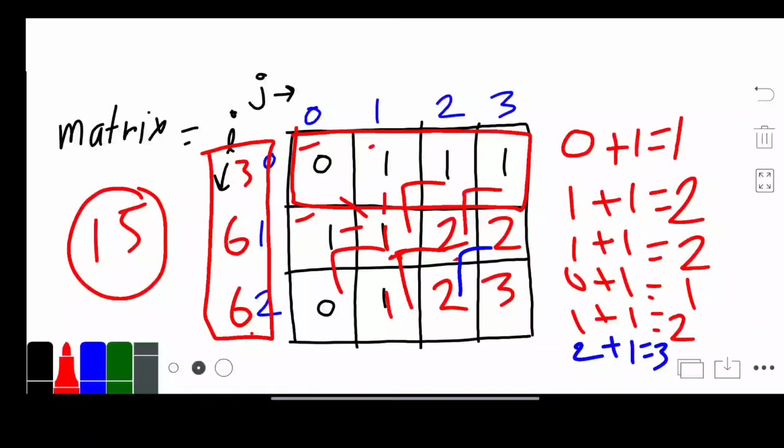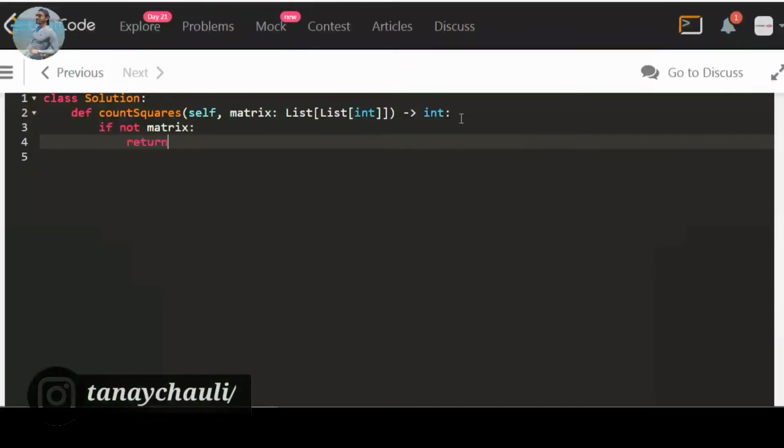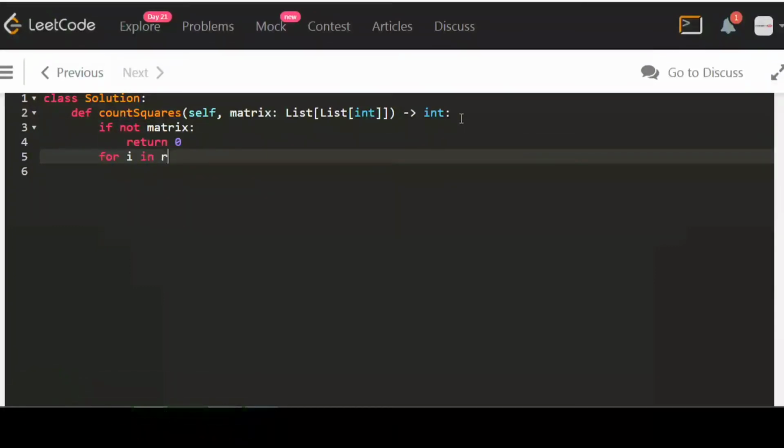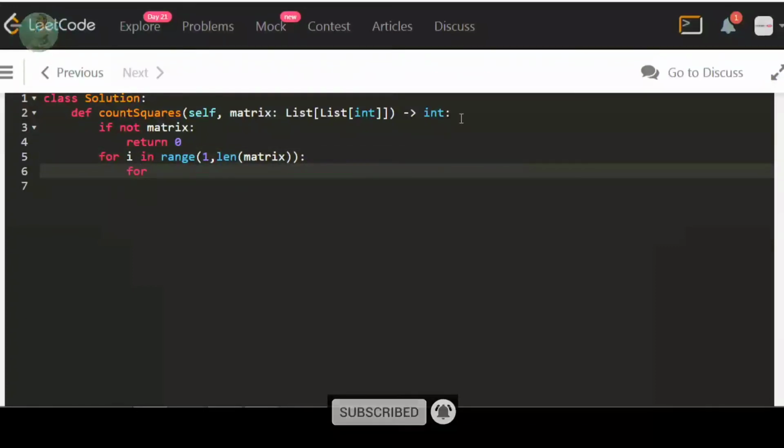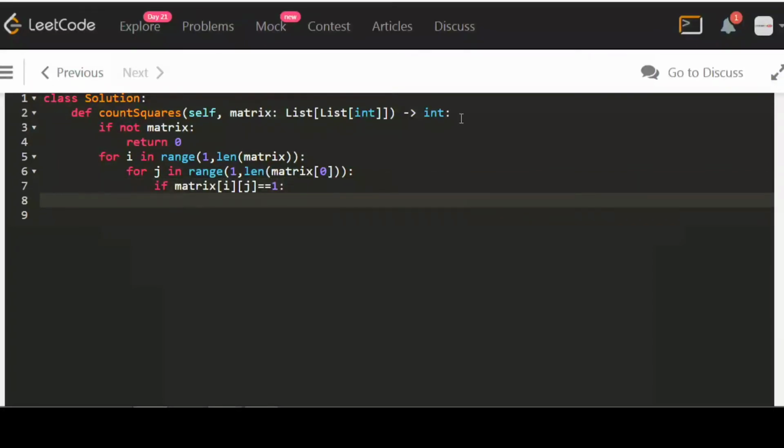Now we will move to the coding implementation part. If it is not clear how you can implement it, please watch the implementation. If our matrix is empty, then we return 0 as our answer. First we iterate over rows. i represents the row. We start our iteration from row 1 to the length of the matrix, and then we take another for loop, where j represents the column, starting from column 1 to the length of matrix[0]. Now we check if matrix[i][j] is equal to 1, then we update our current cell value.